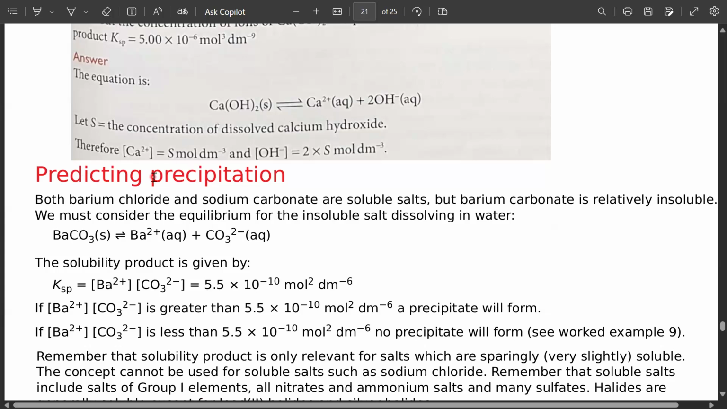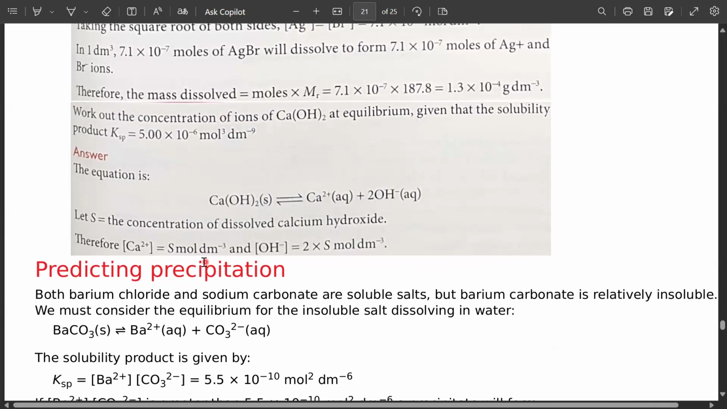The next topic is predicting precipitation. Now, precipitation, as you must be familiar, shows that precipitates are present within the solution. Have you already seen the precipitates whenever you have performed experiments in the lab? Did you see the precipitates? Yeah. Okay. Now, this Ksp can help you to find whether a precipitate will form in the solution or